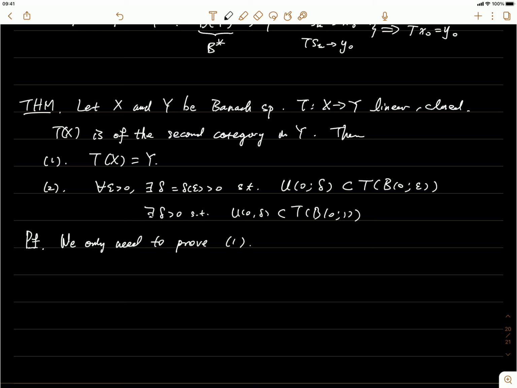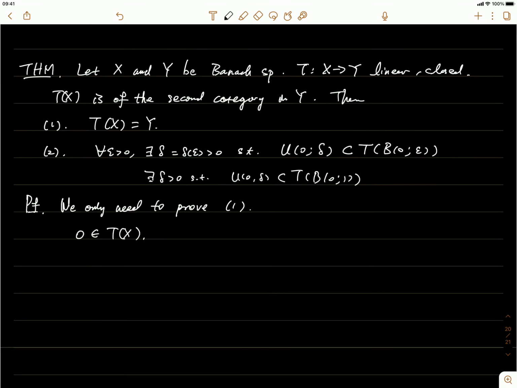Okay, so first of all, as you can see, 0 in Y must be in the T(X), because T is linear and 0 is in X, so T0 must be equal to 0, and that is also in Y. So we will not worry about that case. So apparently 0 is in the T(X). Okay, so then for any